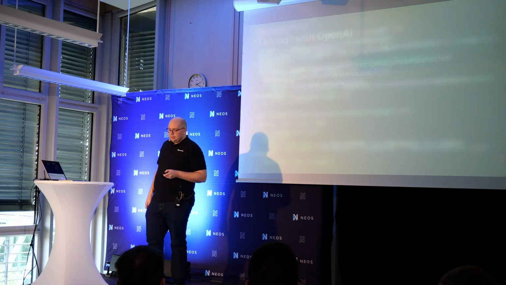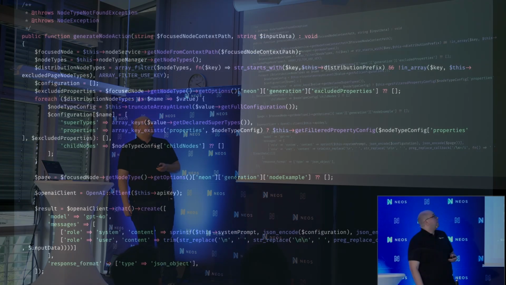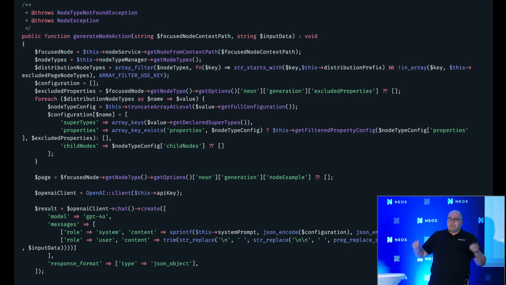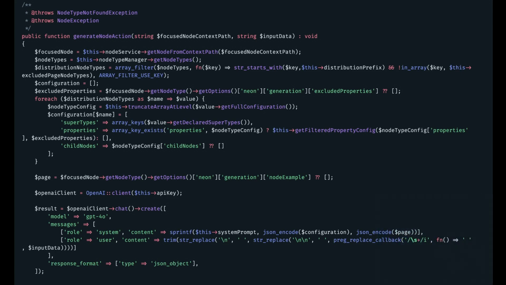This all looks something like this in code. Here you can see I get my node from my context path, use this node then to get all the node types. Then I need to filter out all not necessary node types. I only want my distribution node types.